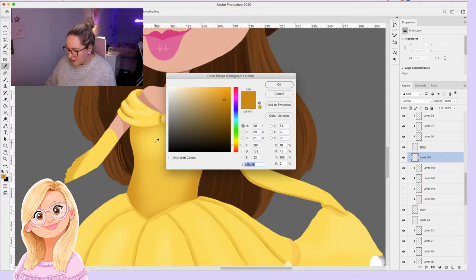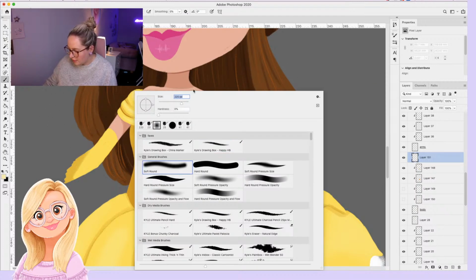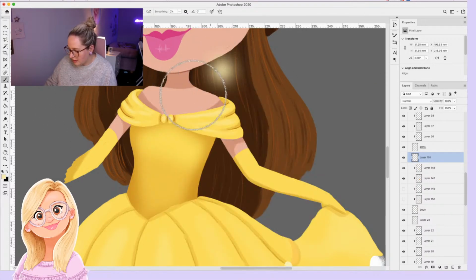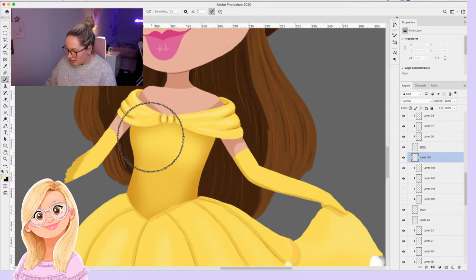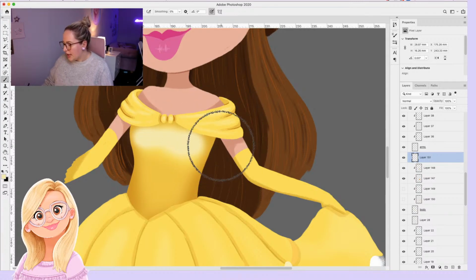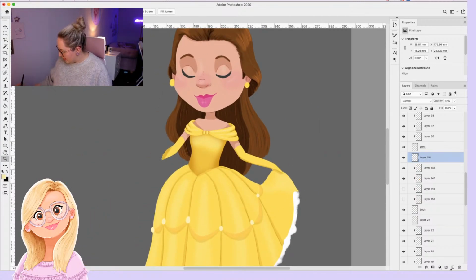From there, I would look into adding some highlights now. So highlights are similar in that I would eyedrop the colour and go lighter. Doesn't really matter how light you go. We do a soft brush again. Now anywhere that's kind of pointing up to the sun, so you have to remember, again, other people can do this so much better than me, but